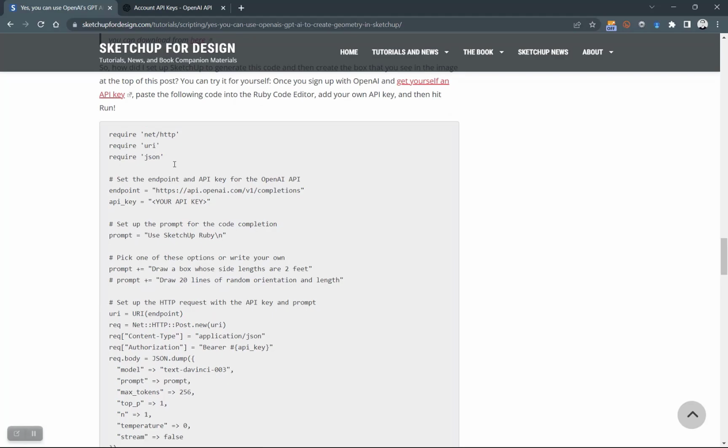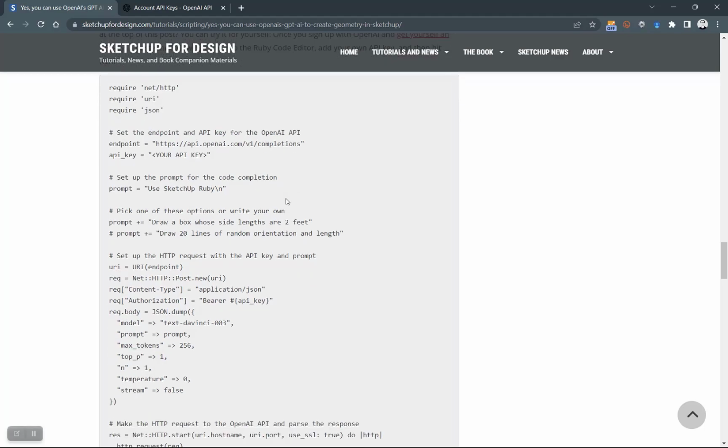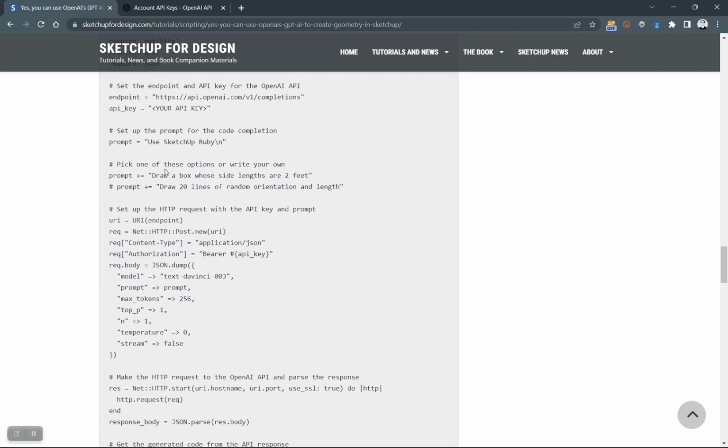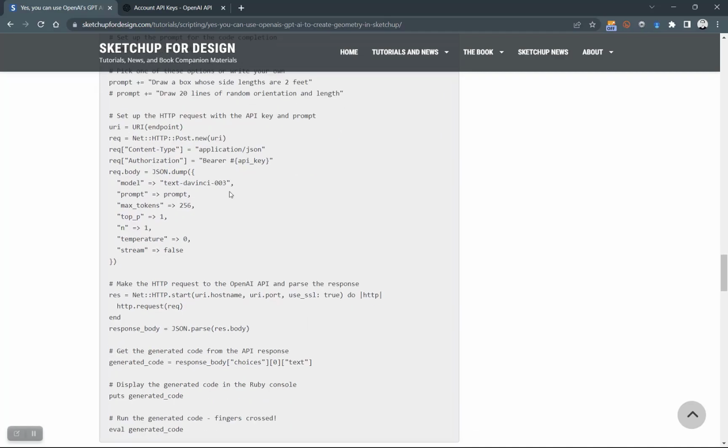They're actually spelled out down here. What we're doing is we query the OpenAI API that's available. You of course need to have an account with those guys, and so then you need to add your API key here. And then we're going to ask it to do something in Ruby, and there's a simple request that we're